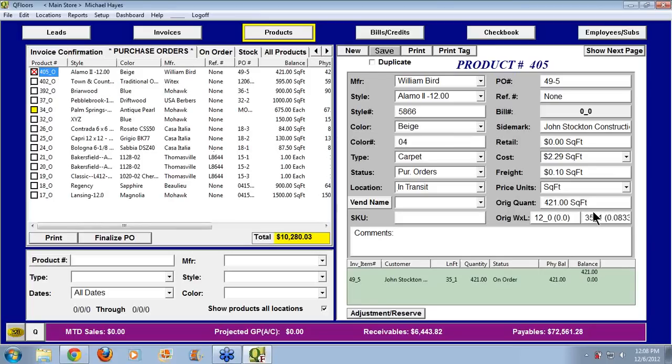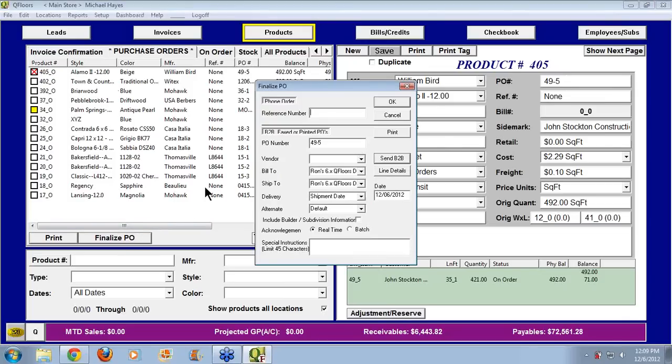They give us a different size. You can change your size. Maybe we can get a roll end, get a 12 by 41. Maybe that'll save us some money. Change it to roll cost. Save our changes. And finalize PO. Just want to point out briefly, I can't show you this whole process, but you can send